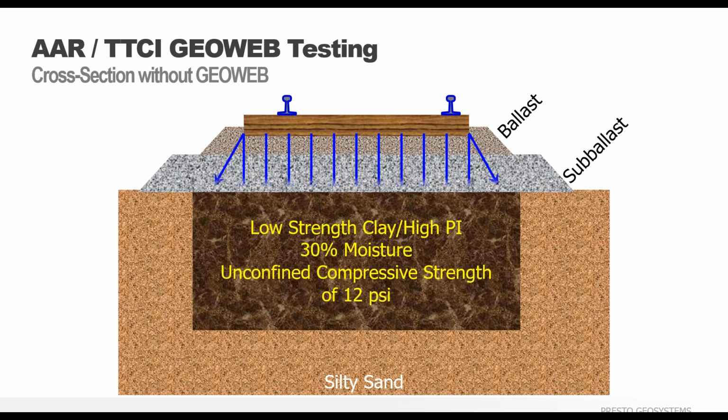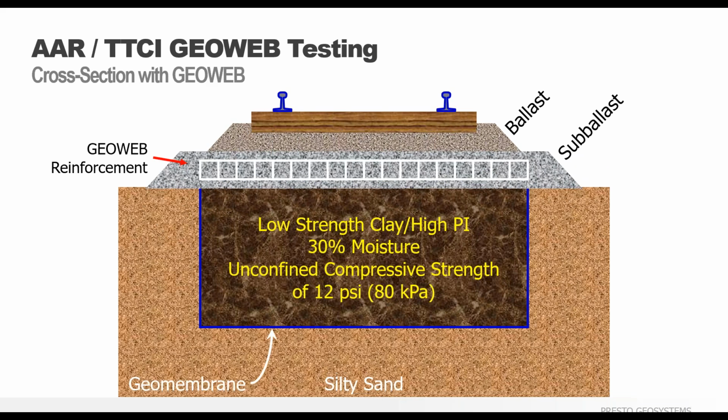And with the unsupported, you get higher pressures. You get that really high concentrated load and high pressure on the ballast, which is really going to squeeze that clay upward and contaminate the ballast. We've all seen that, and I'll show you some pretty good slides where that would not happen. Here you can see just another with the GeoWeb supported load. It basically distributes that load over a larger area. Significantly reduces the ballast pressure. Like I said, about at least a 50% reduction in that ballast pressure.